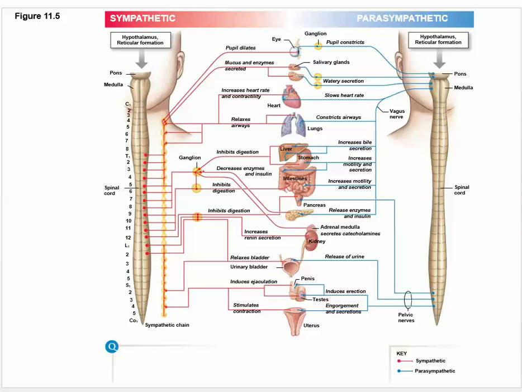Let's see if I can come back here, figure out where this came from. Okay, so we activate it here. It goes up here and it releases, and there's a ganglion. The reason we have the ganglions is because sometimes they split like this. And so in this case, it's split. It's going to control all of these in the same way.